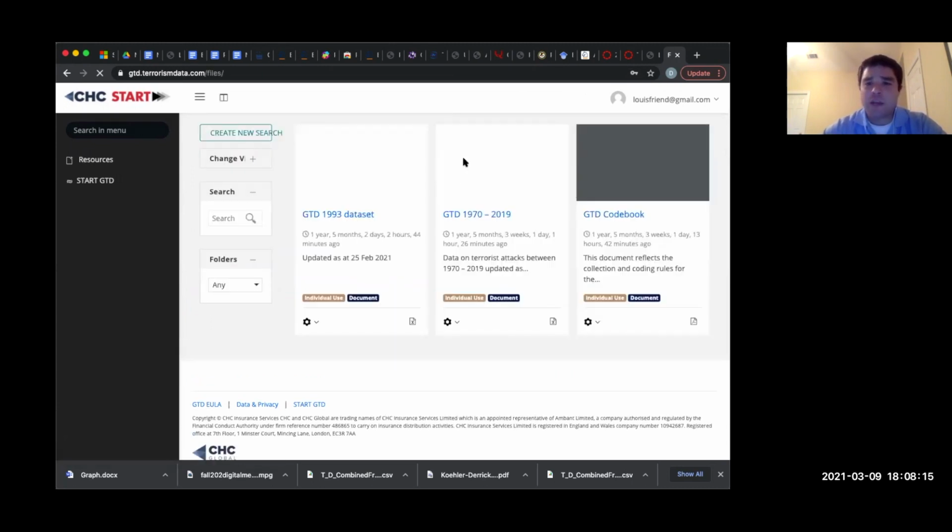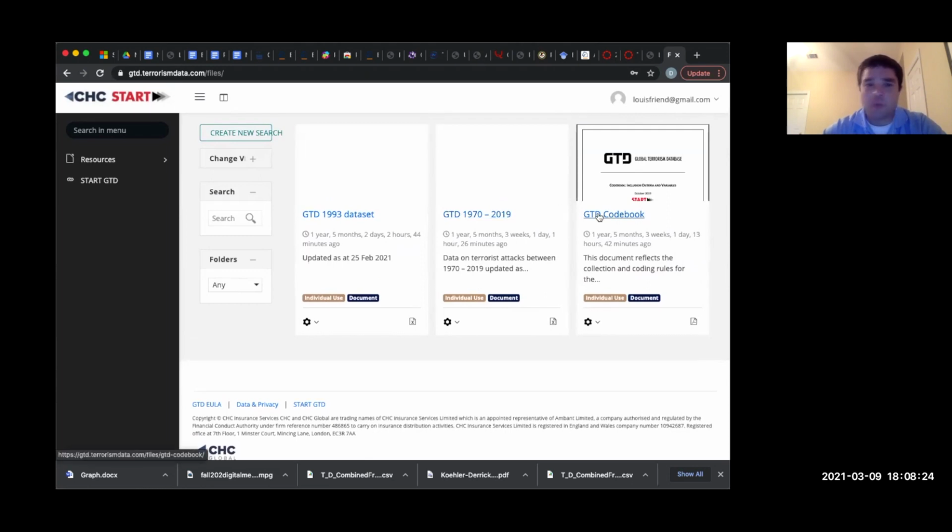Here you'll see we get a number of different options that are available. One is the full data set, which is from 1970 to 2019. One is the Global Terrorism Database Codebook, which I strongly recommend downloading. One of the things that I did mention, if you can think all the way back to the very beginning